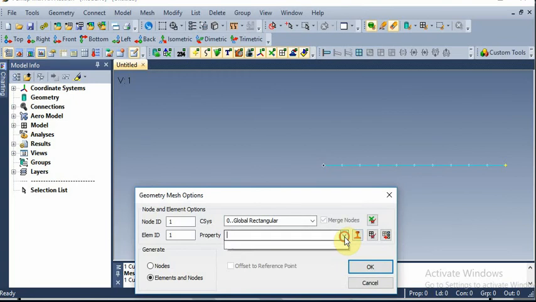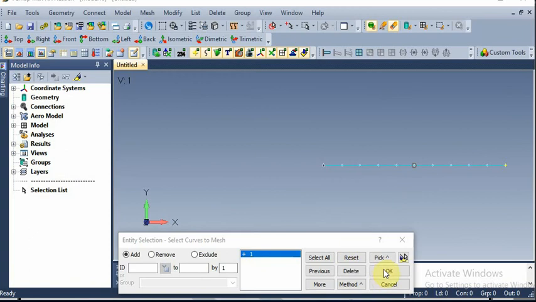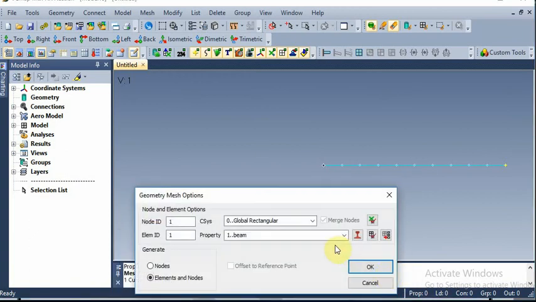Property type, here we have to give OK. Here by default it came as beam. Give OK.